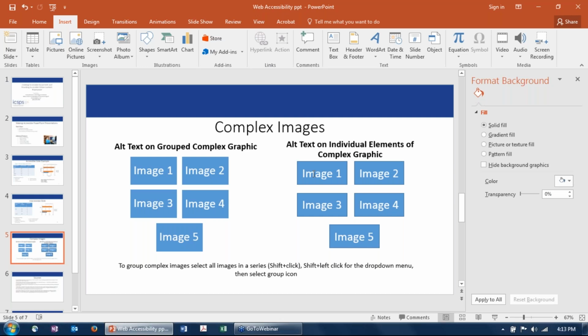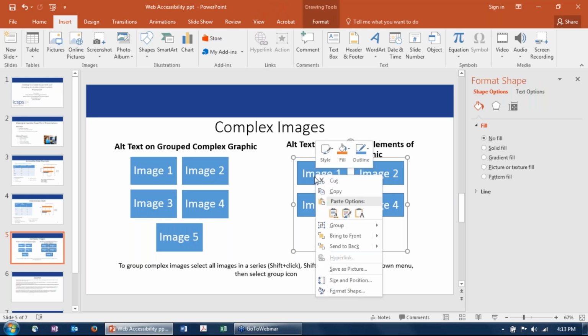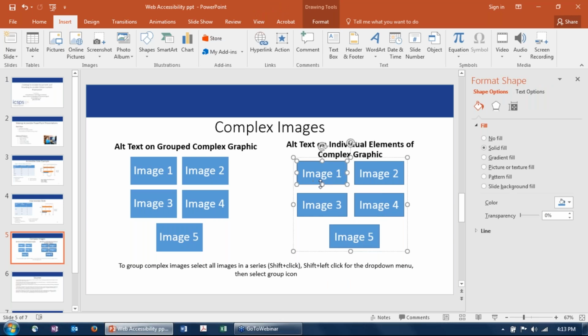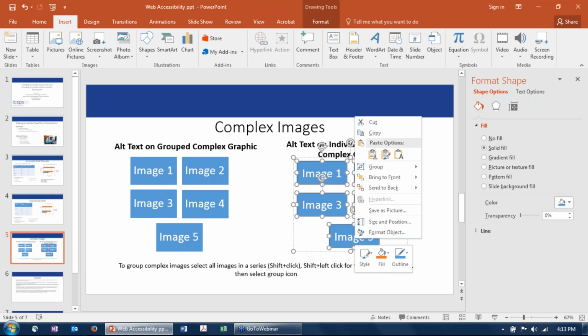In order to do that, you'll hold down Shift and left-click on each individual image while holding Shift. Then, to group them, you'll continue to hold down Shift and left-click on the images, bringing up this side